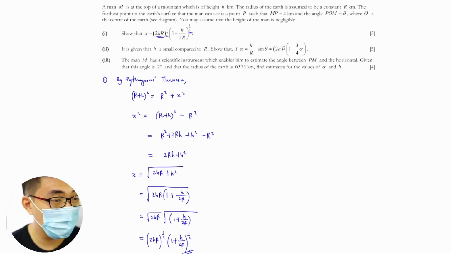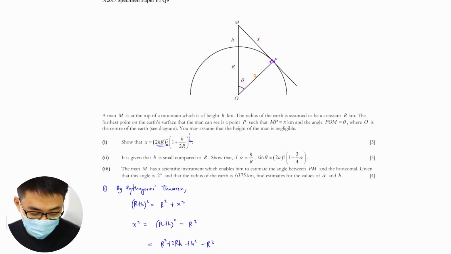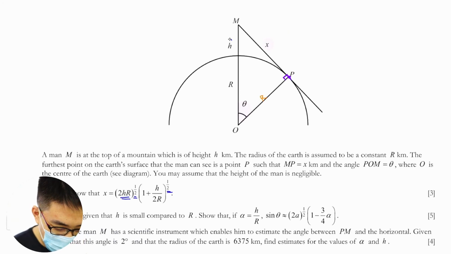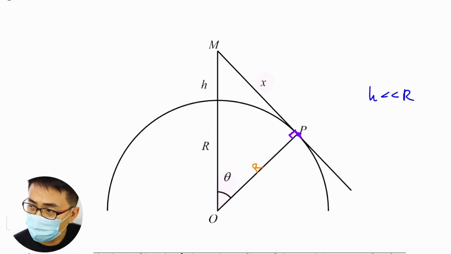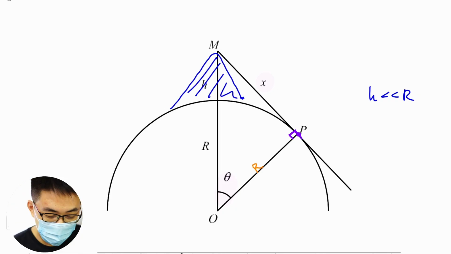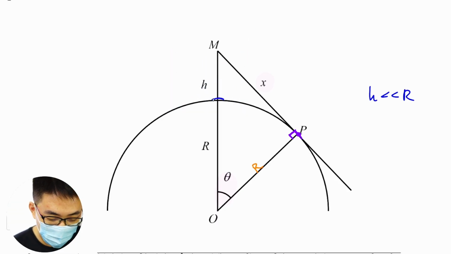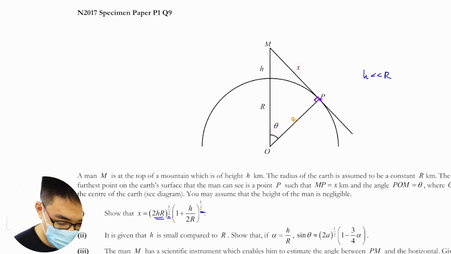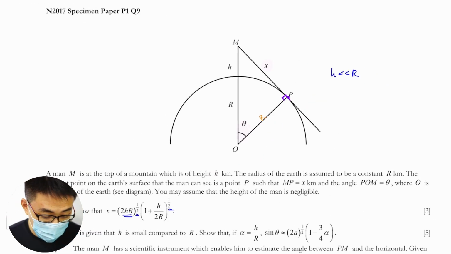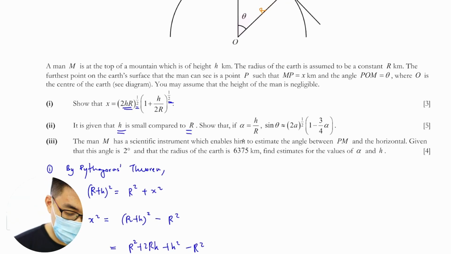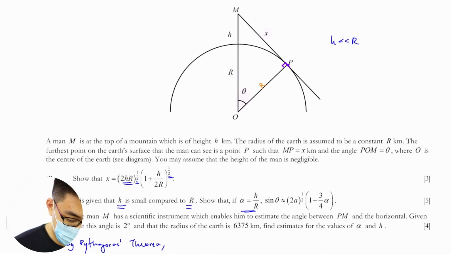Okay. So this one here is given that h is small compared to r. So h is way smaller than r. Does it make sense? You know why h is smaller than r? H is the height of the mountain, right? Of course, the mountain is like puny, just like a bump on the earth. So it makes sense that h has to be small compared to r. So that if alpha is h over r,